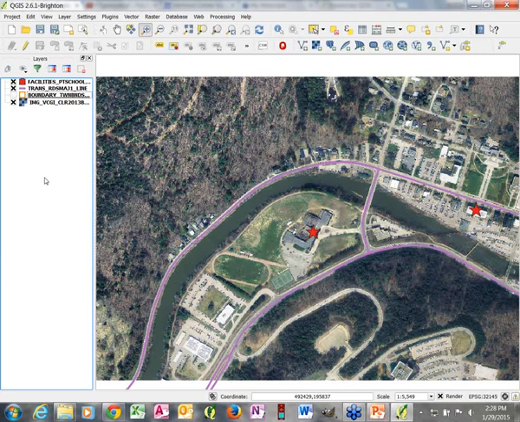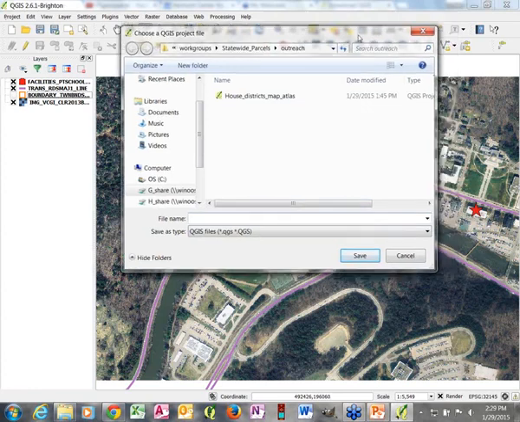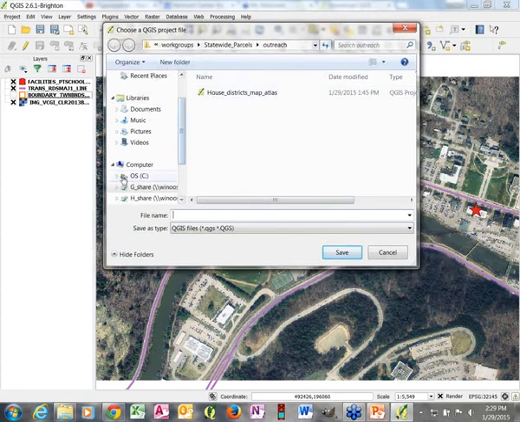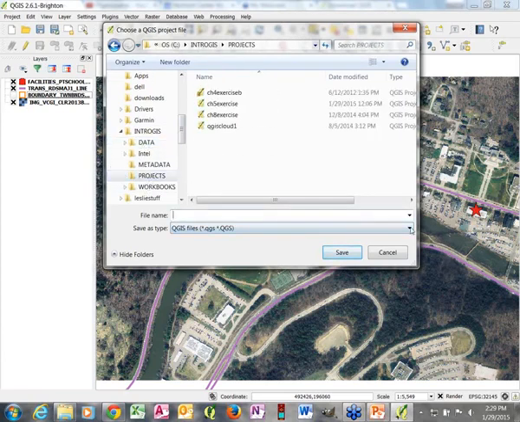So let's say I've now made my perfect map and I want to save this so that I can come back and work on it later. I'm going to save my project. I'm not even sure if I still use the right terminology, but I learned this as a map project. So I would click on my Save button over here, or I'm sure I could go into Project and say Save Project, and I would save this in a place that made sense to me on my computer. Perhaps down here, and I might call it Leslie's project. And you can see it'll be given a .QGIS